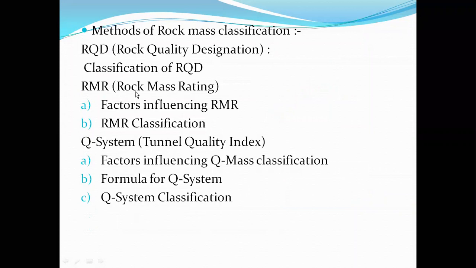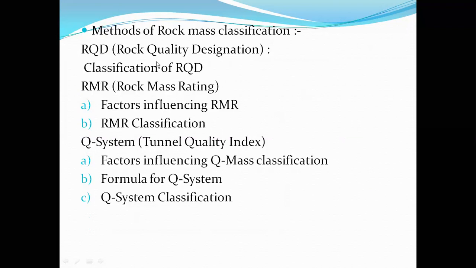These are all very important from the mining point of view, because in order to assess the stability of the rock mass in underground mines, we must know the different characteristic features. To analyze the behavior of the rock mass under various conditions, there are different indices, some kind of measuring indices. Using these, we can measure how exactly the strata behaves. A few of them are categorized under rock mass classification. These are the different methods of rock mass classification which we will be discussing as part of this video lecture.